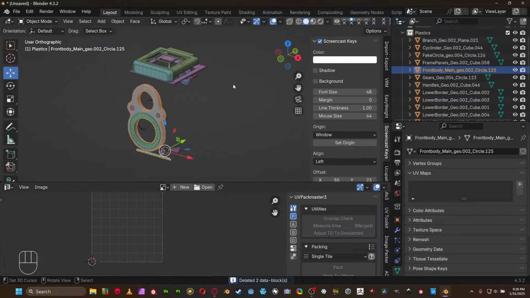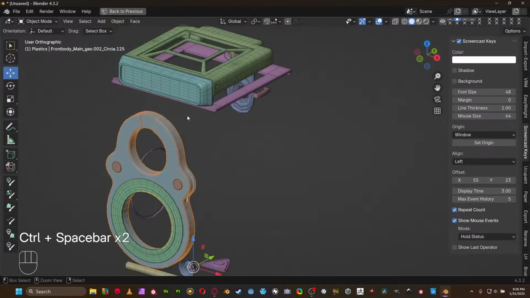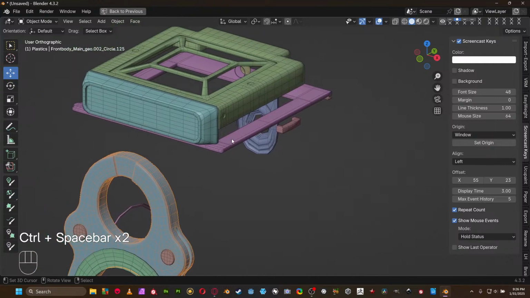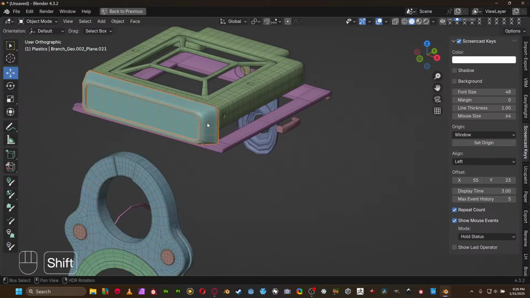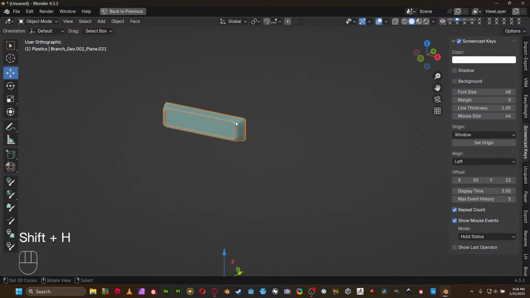And we're gonna start this occasion with simple pieces in here. For example, let's just start with this piece in here. I'm gonna Shift H just to hide the unselected pieces in here. So as you can see here,